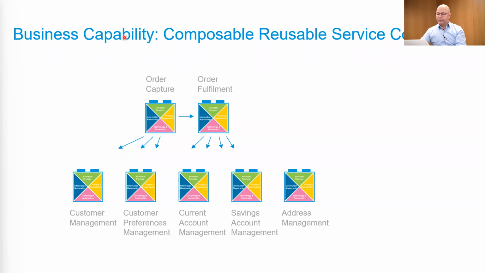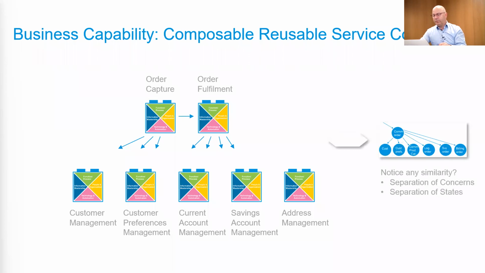And maybe it's good if we revert back to that picture that we did earlier, where we said we want to have flat integrations and not deep integrations, not deep message chains. And we do the same with the business capability map. We have business components for which we have central state coordinators, separation of states, that will manage the underlying regular business capabilities. And by regular, I mean autonomous. They can run independently. Once I've managed my customer data, it's running independently. Once I've enabled a bank account, it's operating independently, etc.